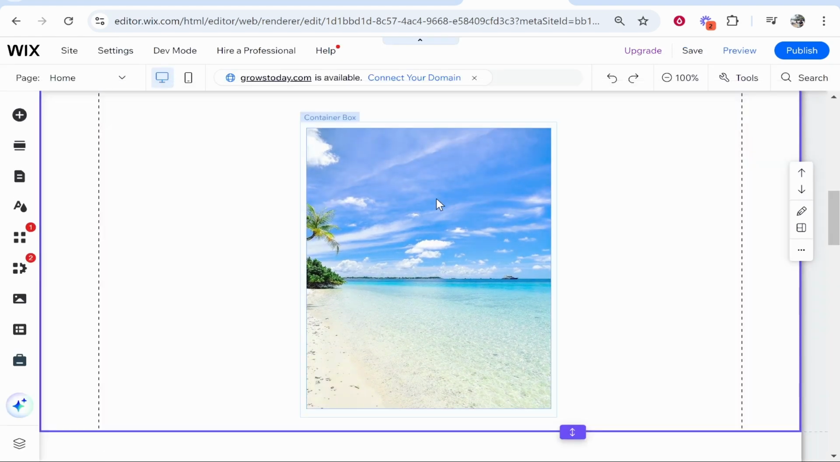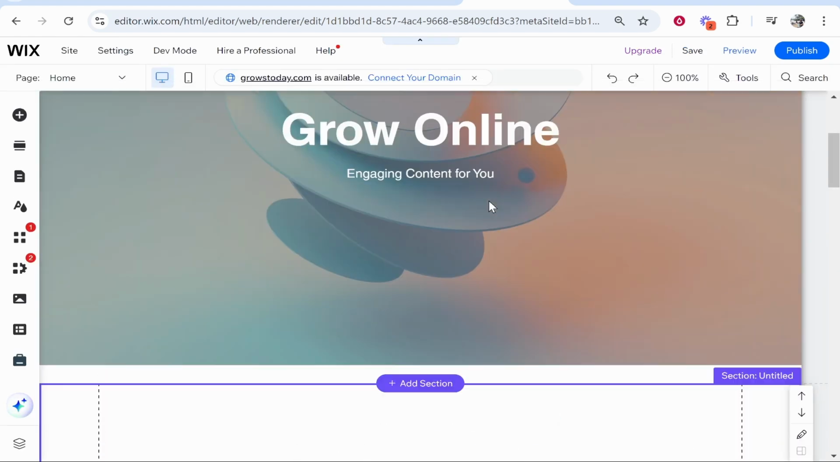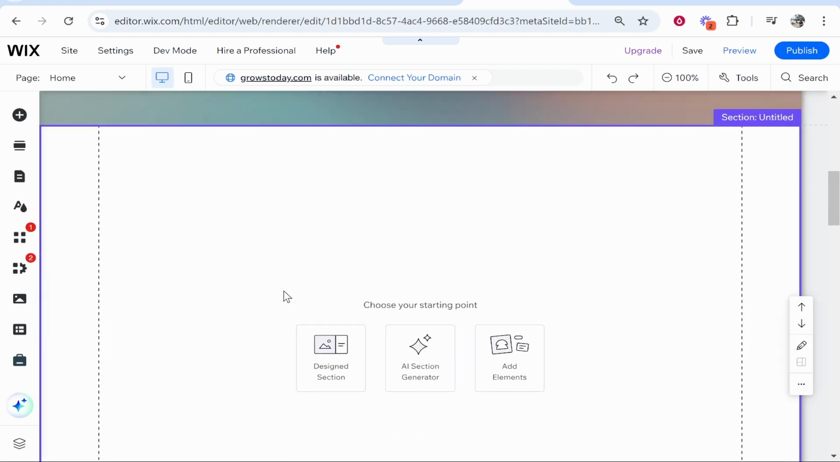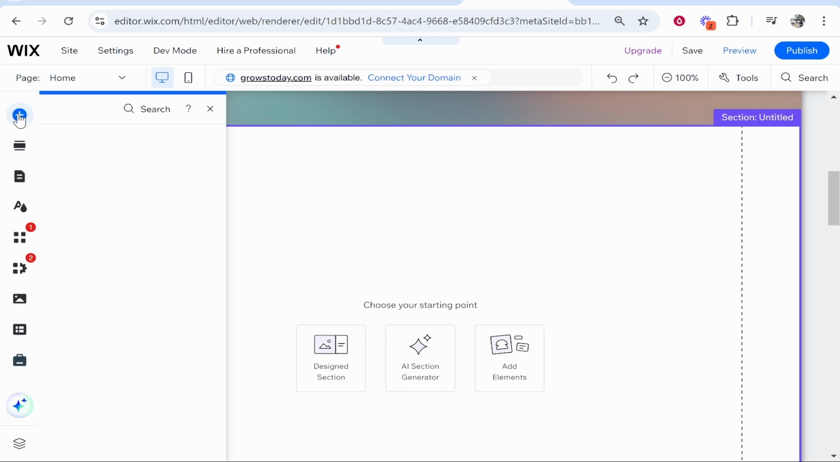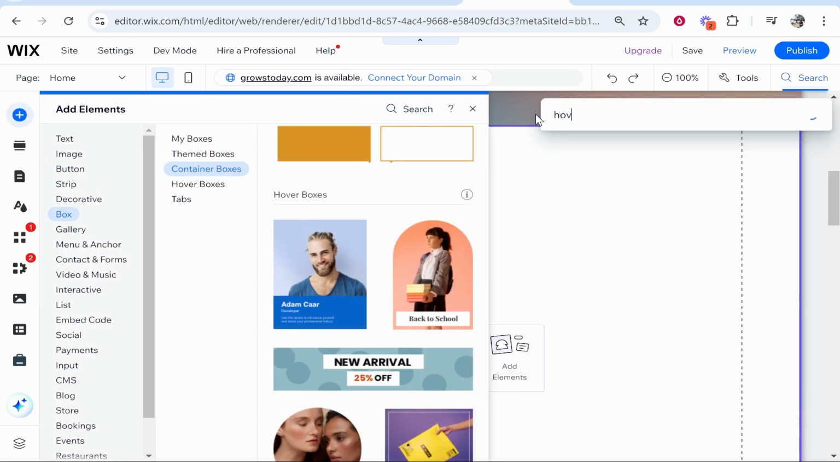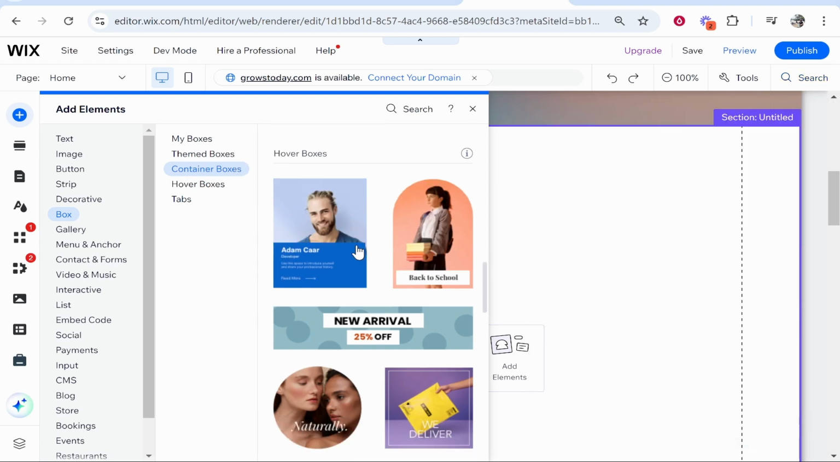So you need to first go inside of your Wix editor on the website you want to add an image to. Now what you can do from here, you don't need to add a standard image. What you actually need to do is go to add elements and then type in the search box hover. So type in hover and then it should bring up the container boxes with all of these different hover boxes